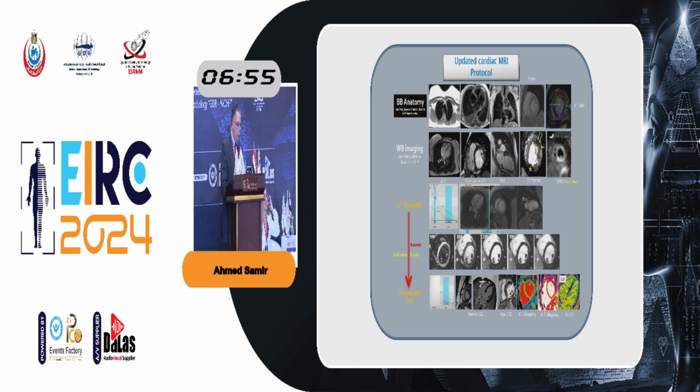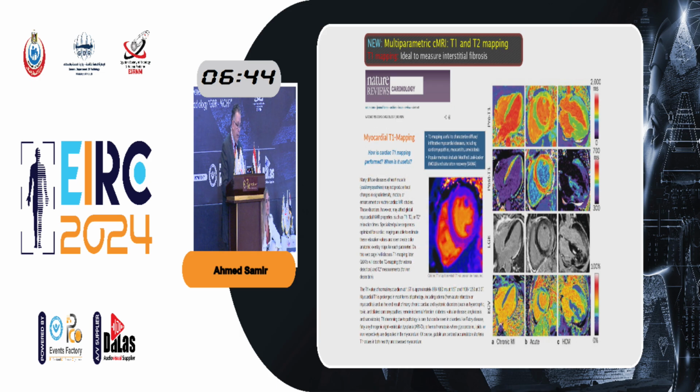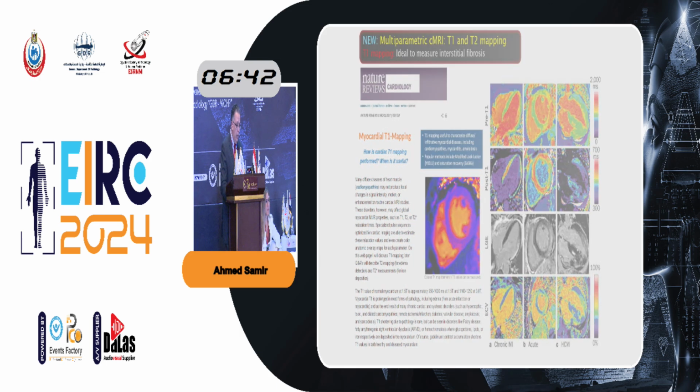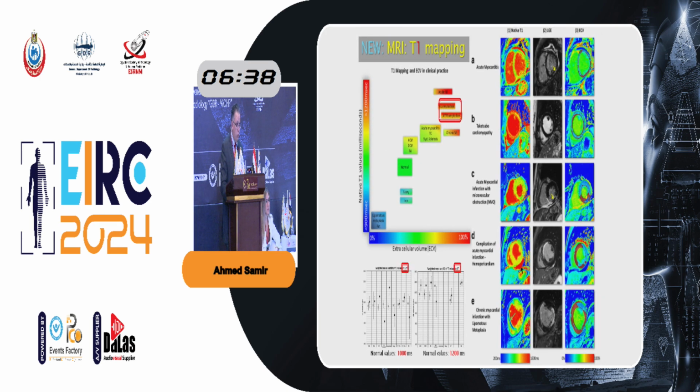So this is the protocol, very shortly. And then we use the T1 mapping to detect interstitial fibrosis. I will not repeat the lecture of Dr. Arim. T1 mapping values can vary between a 1.5 Tesla machine and a 3 Tesla machine. This is very important. And in cases of amyloidosis, as you can see here, in both types,